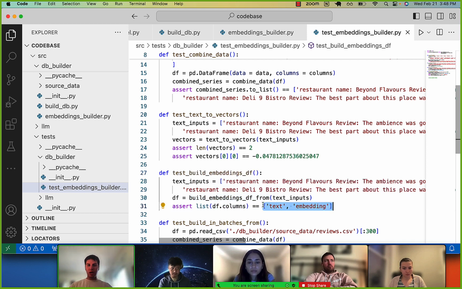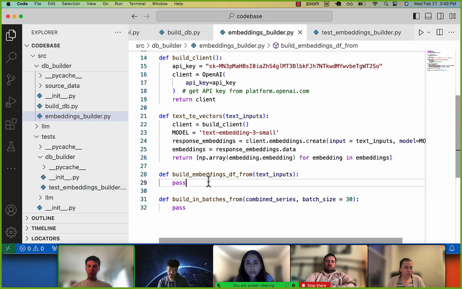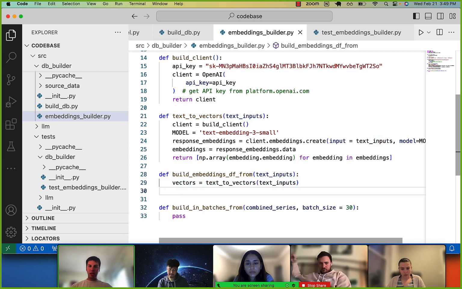You can see there's 2 columns, right? Text and embeddings. And then we have these 2 pieces of data, I think, right? Because we get the text inputs and we can get the vectors from this text to vectors function. So if we do this, we pass in the text inputs, we get back the vectors. And now we can do something like